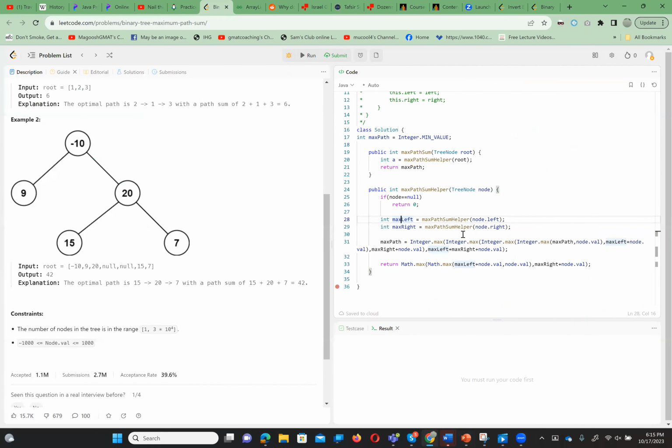Okay, so I'm in the current node, right? I got the max path length from the left and from the right, and then I try to update the max path. The candidates are, you see, Integer.max. This one takes 2 parameters, so I have to call it multiple times. Let's go to the inside one. So this is the last one. I take the